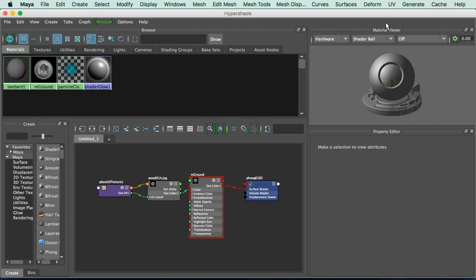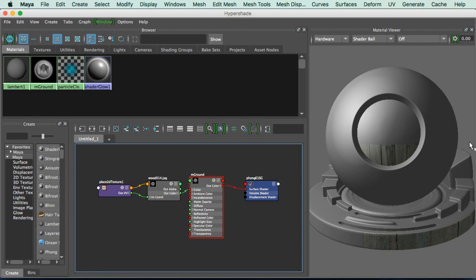Luckily, all these panels can be rebuilt. And let's just do the property editor. This is a great example because it's an easy one. If I close out the property editor, that part of my interface is gone, right? How do I get it back? Good question. If you go to the top of the screen where it says Window, here are all the different parts